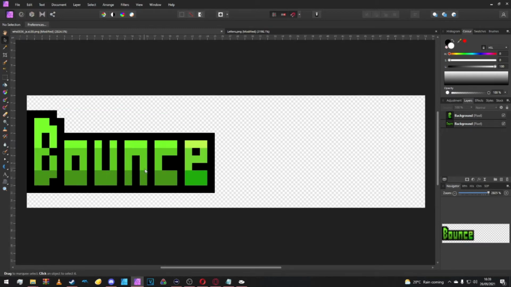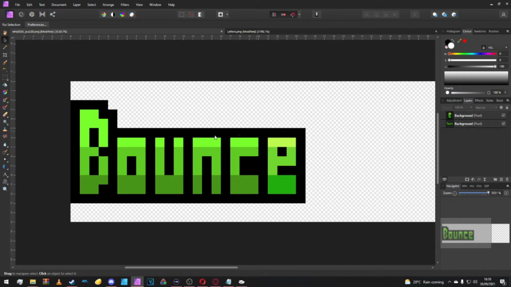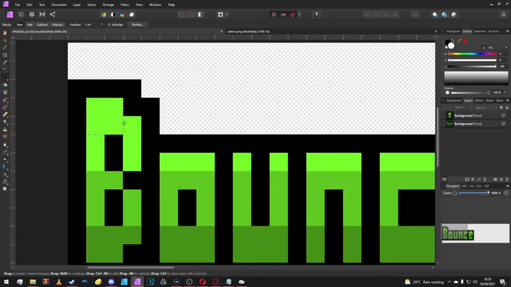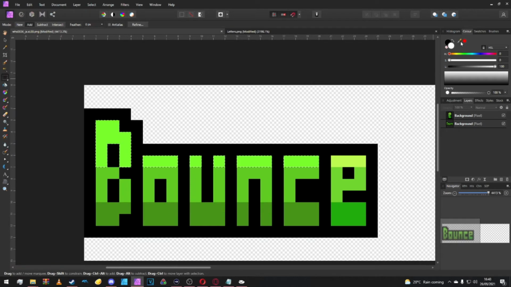Now I've noticed that the translated version of the game uses a slightly different shade of green. I'm just going to change this so that it's all nice and color coordinated. I didn't actually know the translation team changed the color. That is an error on my part. So this is all you would do for the,